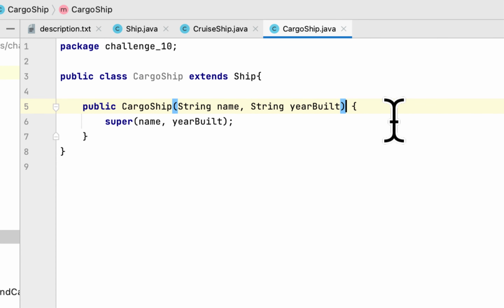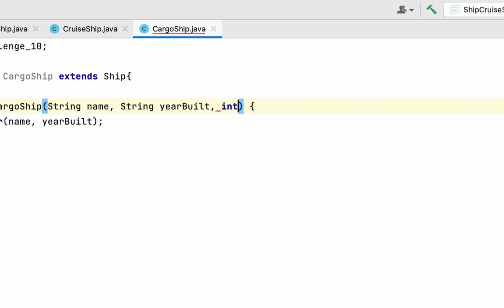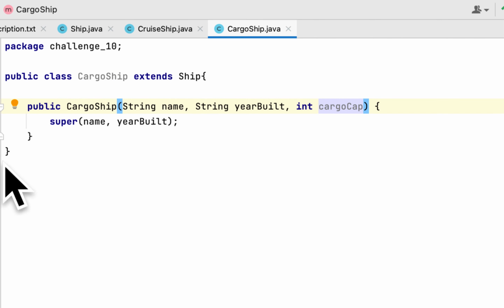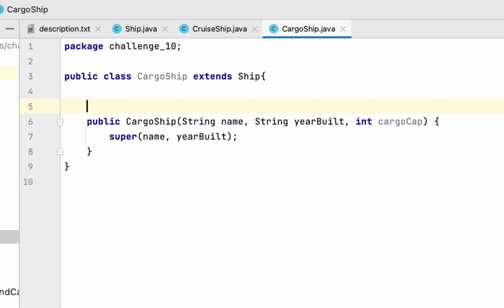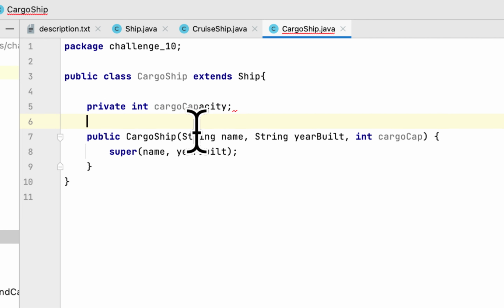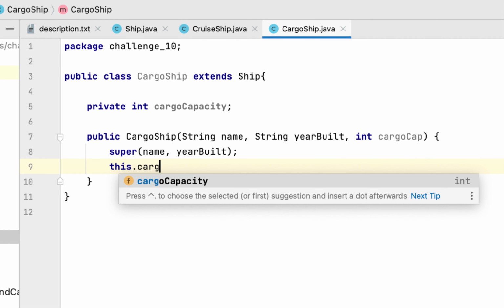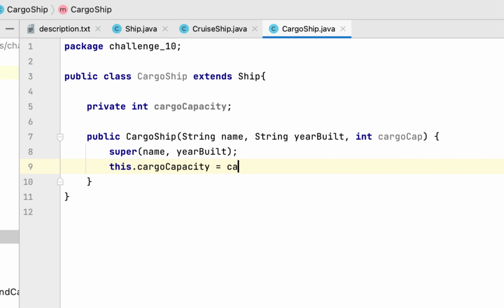Also, we need to add, I think, cargo capacity, int cargoCap. So we need to create a private field int cargoCapacity, and we will set this cargoCapacity to cargoCapacity,